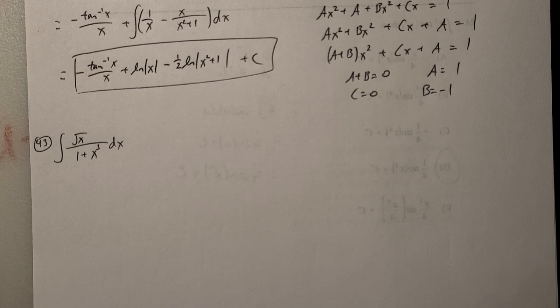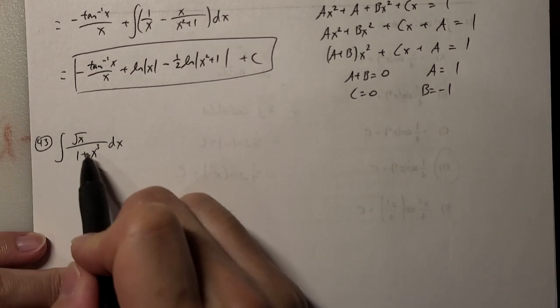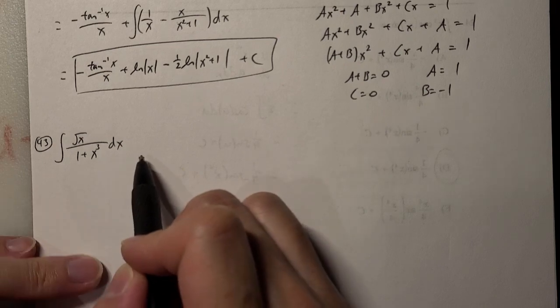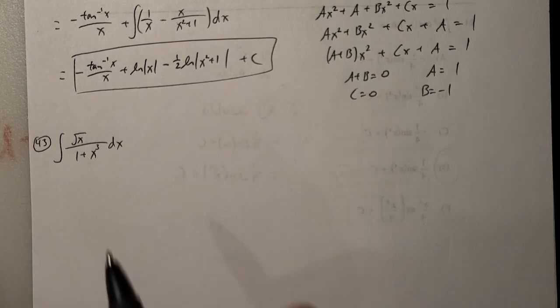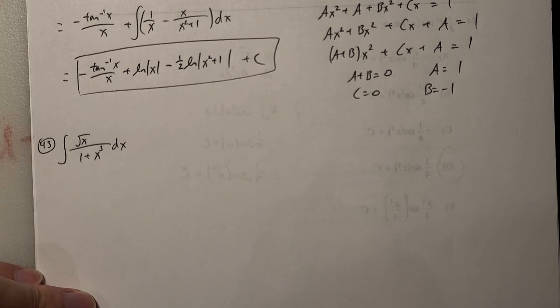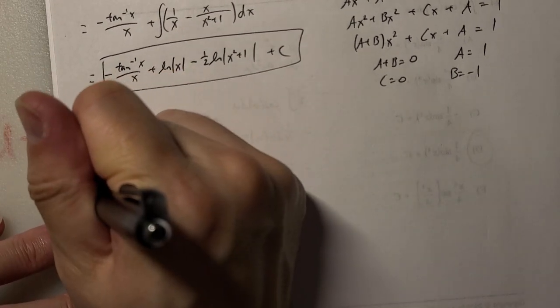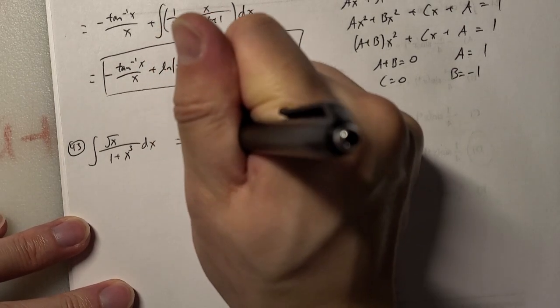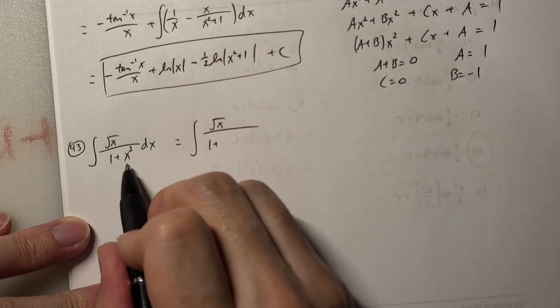Okay, so earlier I was saying maybe we can hack this x cubed, because if I want to substitute like u is square root x or something, to try to get rid of this, then we can hack this to make it look more like square root x also maybe. That's what I'm thinking. So let me rewrite it as the integral of square root x over 1 plus